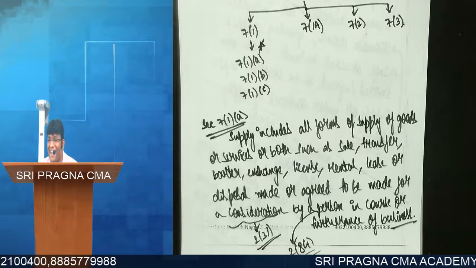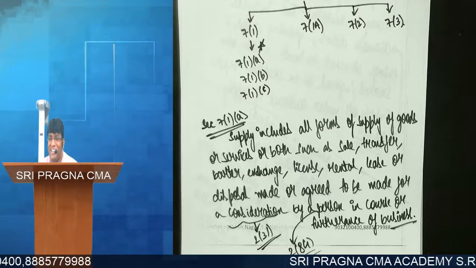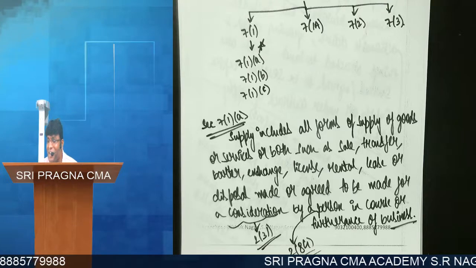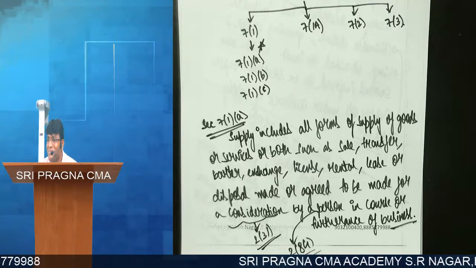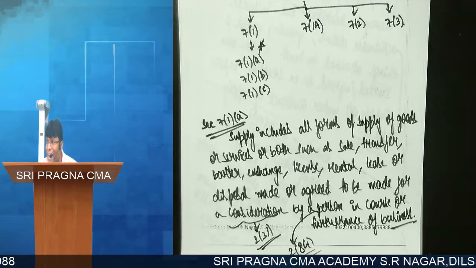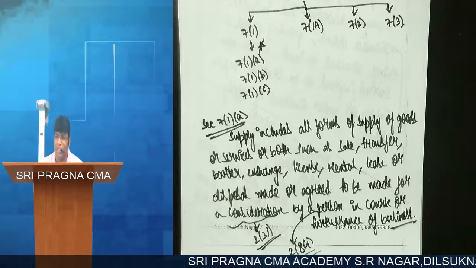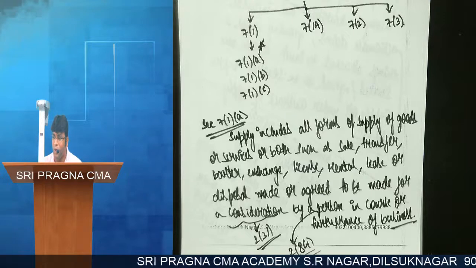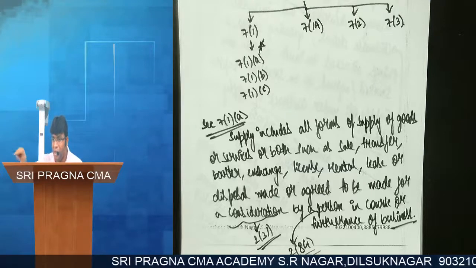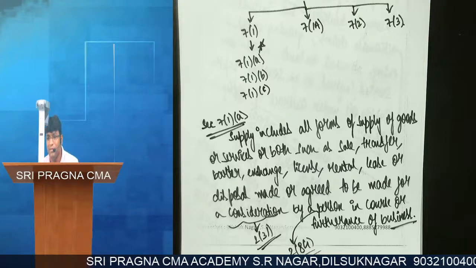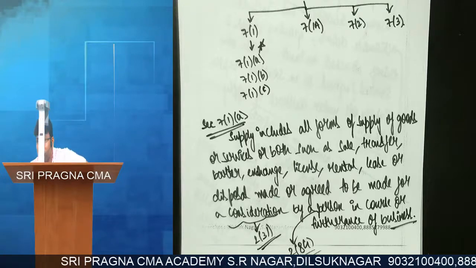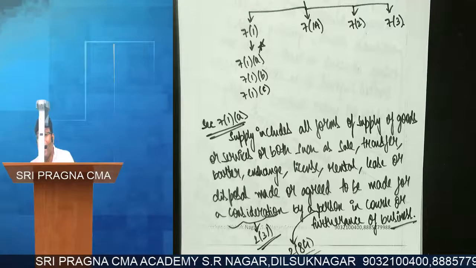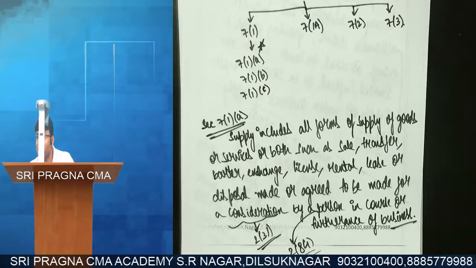Speak out, sir. Answer is no, because Shivateja is not getting any consideration by donating that 10,000. Clear, no? But imagine if I tell them, I will give you 10,000, but there you display "donated by Shivateja," put my photo, write that Shivateja Tax Classes, below write my phone number also. Is it supply? Yes.